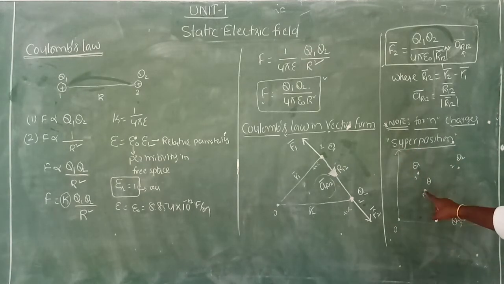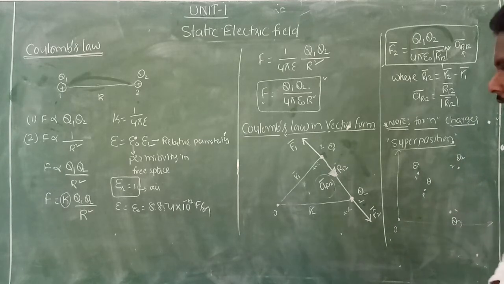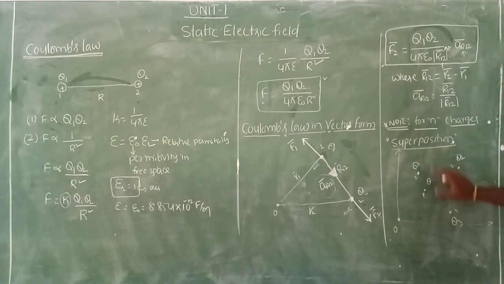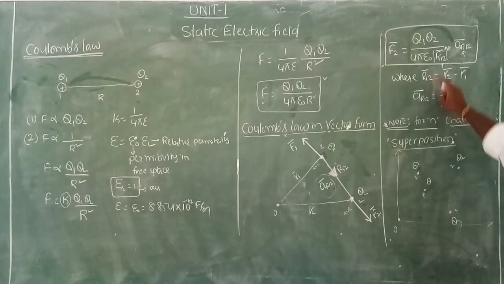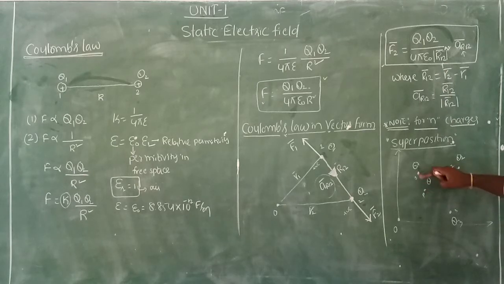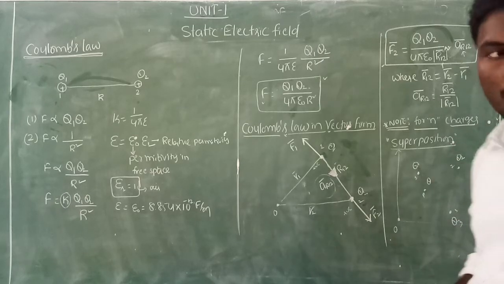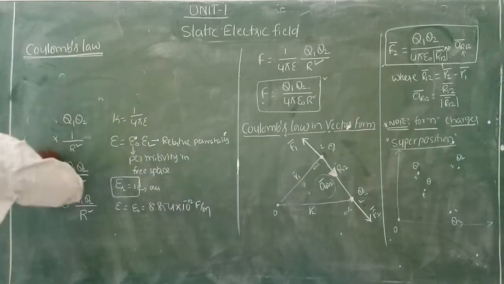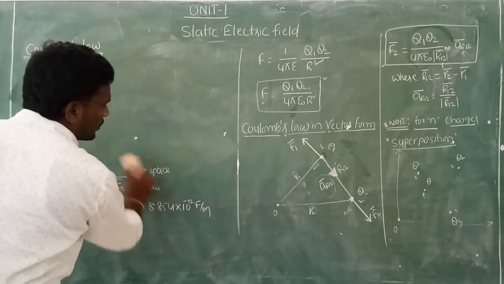How can you calculate the force exerted on Q due to Q1, Q2, Q3? If we have only two charges, then it is easy to write the force expression like this: Q1 Q by 4 pi epsilon naught R1P square into a R1P bar. But here we have another two charges now. So in such cases, we have to use the principle of superposition. According to this principle of superposition,